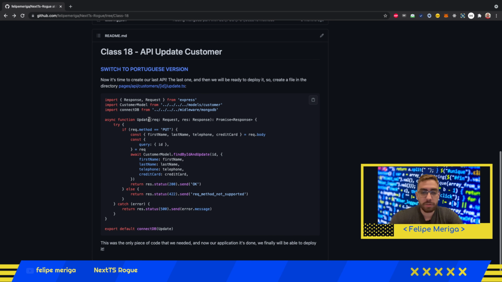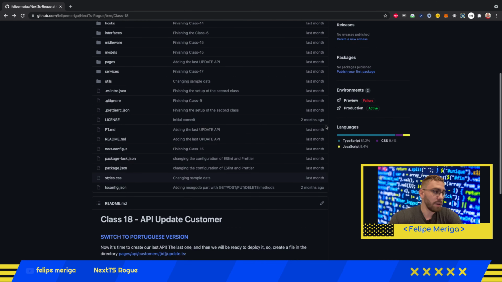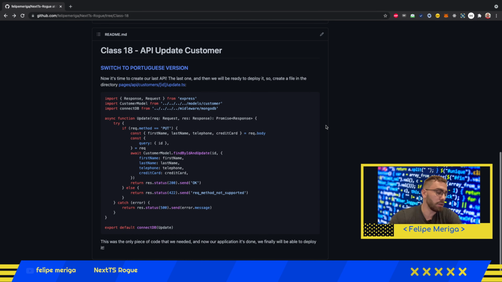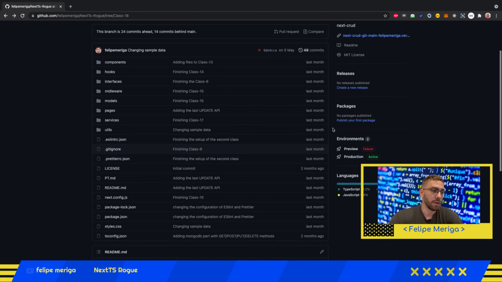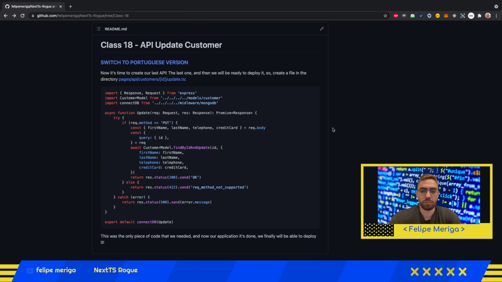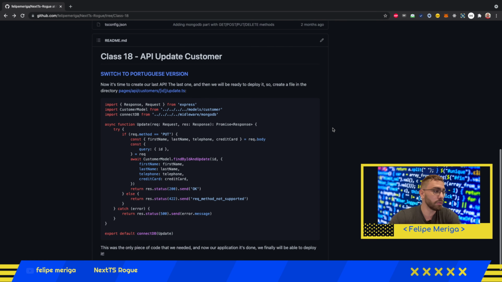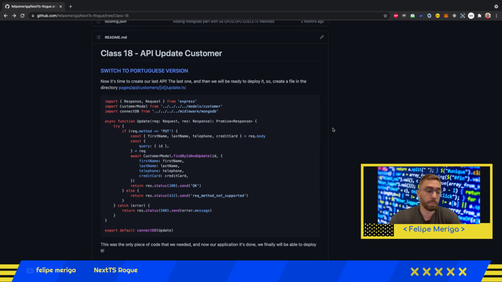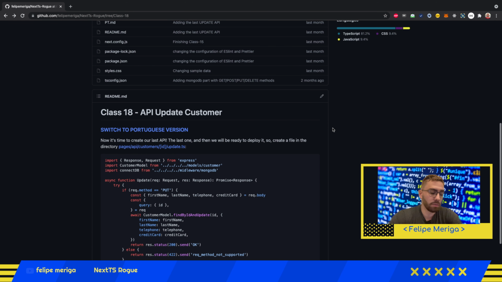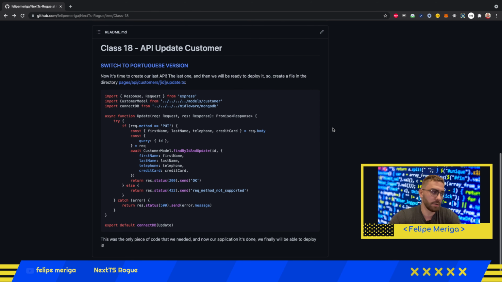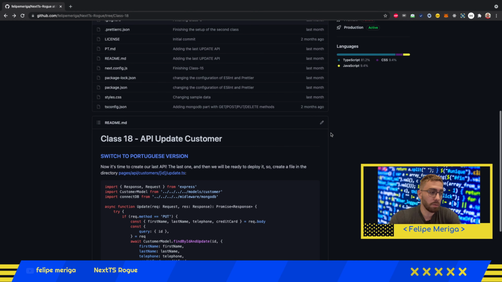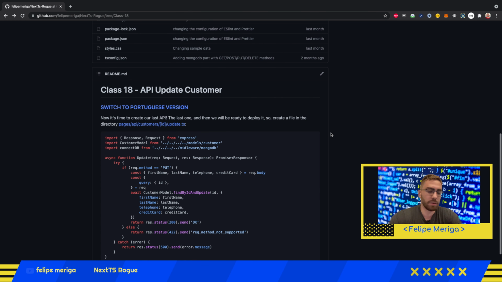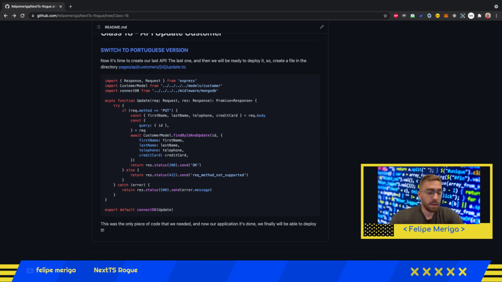One of the things that is good to remember is that it is not because you can create both the front end and the back end with NextJS that you need to create a big monolithic app with this, because the intention of NextJS is to run this as microservices, so you can use many different microservices that compose a big service. But that's the logic behind all the things. I'm not saying that you cannot use this to create a big monolithic, but what the community recommends is doing microservices. But anyway, today we are going to work on our last API, which will be the update